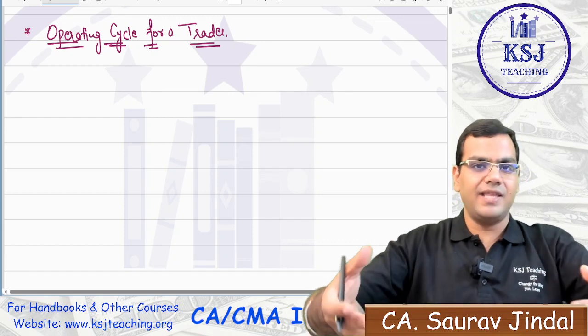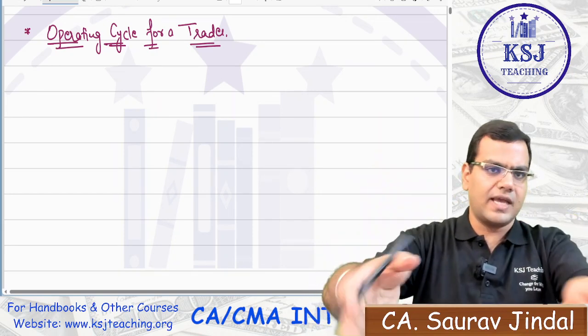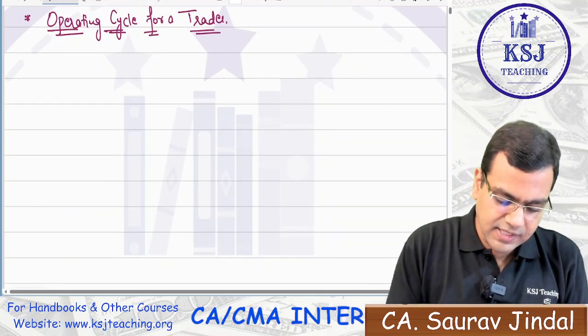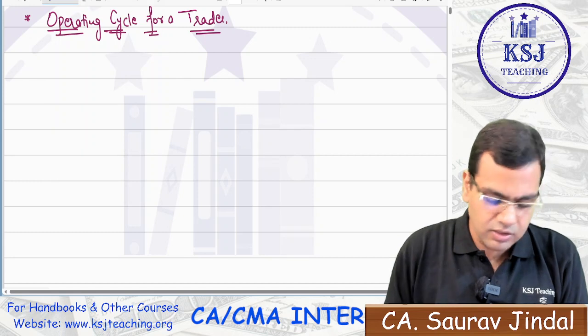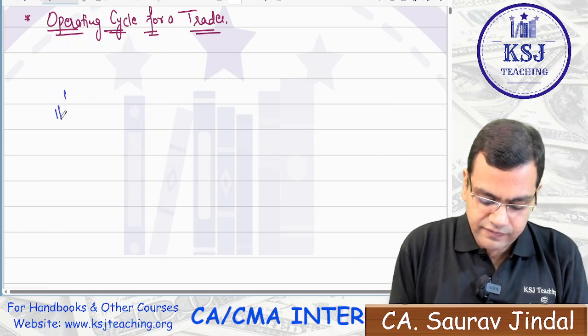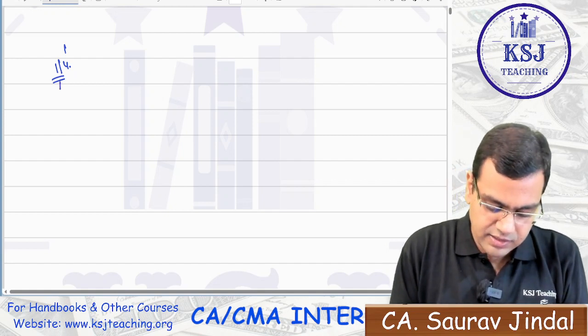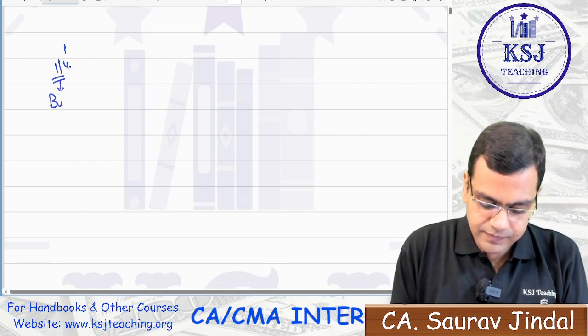The trader is buying the goods as such, selling the goods as such, right? This is what a trader does. So what is the operating cycle of a trader? If we talk about the operating cycle of the trader, let's say on 1st of April, there is a particular trader, XYZ trader, right? He buys goods